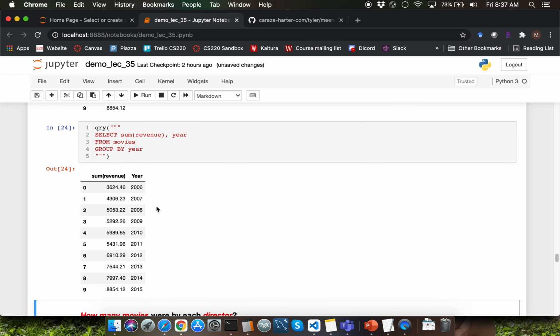Observe that now we are able to associate the year with the corresponding sum entry. For the year 2006, the total revenue was 3,624.46 million.